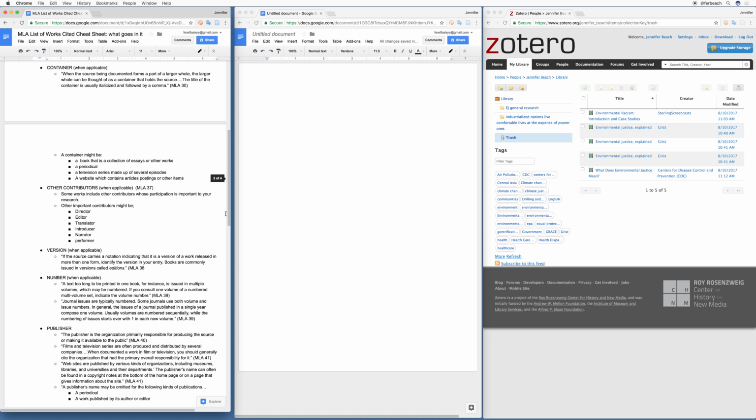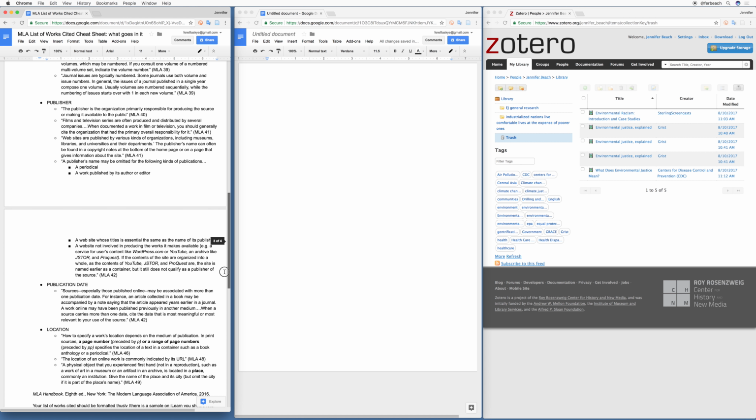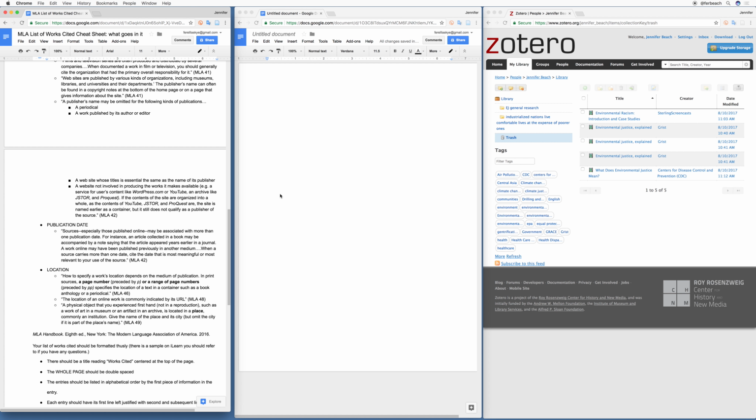The publisher's name can often be found in a copyright note at the bottom of the home page or on a page that gives information about the site. A publisher's name may be omitted for the following kinds of publications: a periodical, a work published by its author or editor, a website whose title is essentially the same as the name of its publisher,